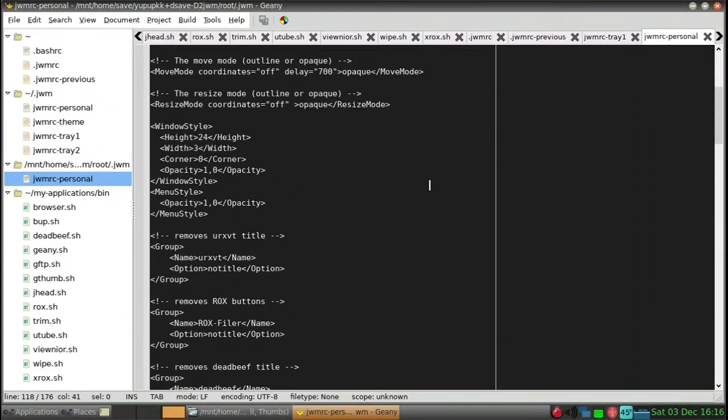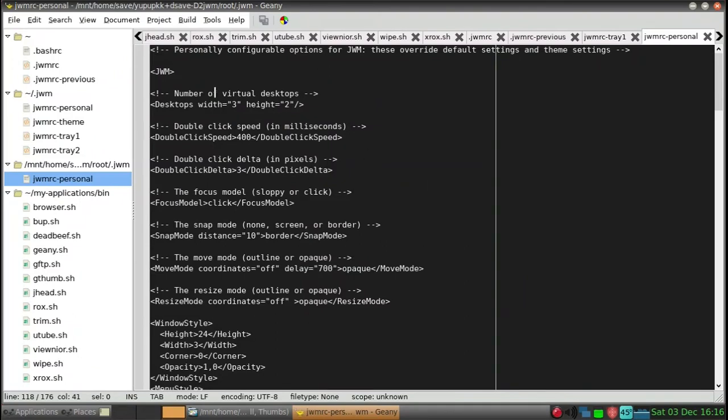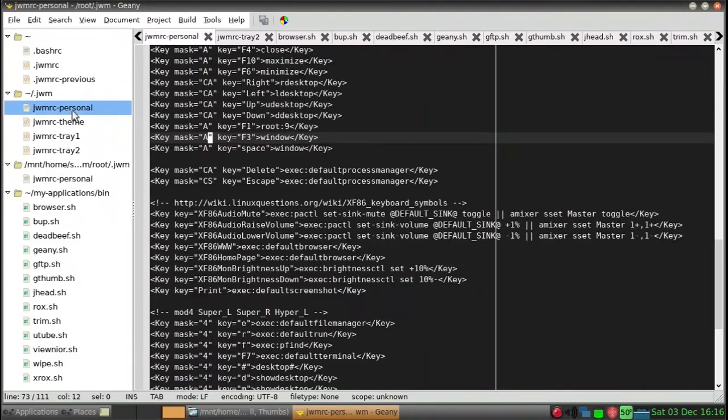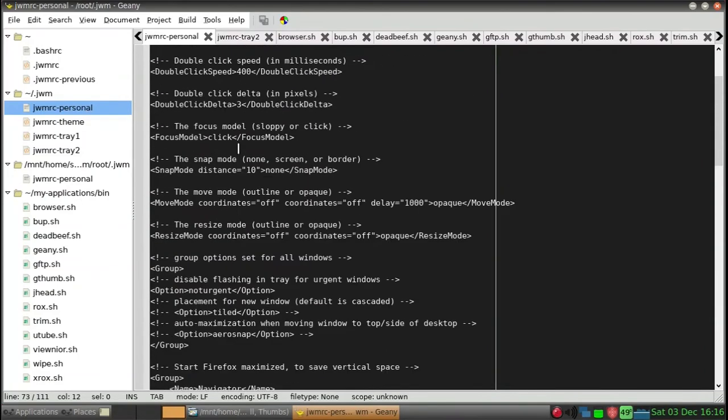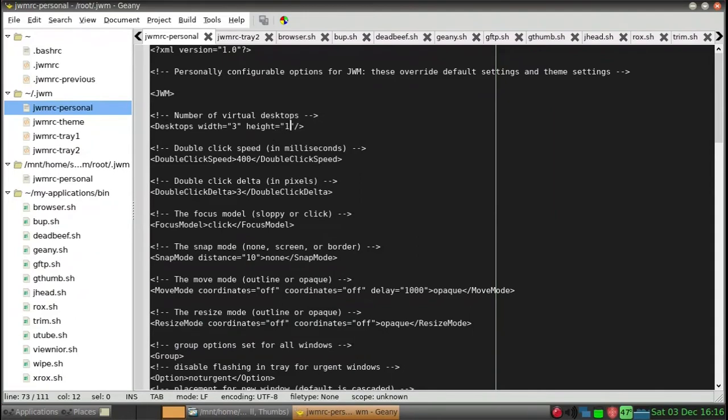So another quick note is the number of virtual desktops. For example, right now it refers to the pager, which is right now 3, 1, 2, and 3. But if you just make it 2, which we can do right here. Let's see. This is the personnel file I'm using right now. So let's just go ahead and make it 2 here, just for demonstration purposes, and we'll save it,